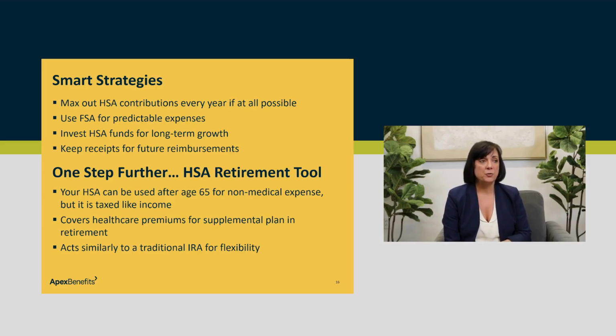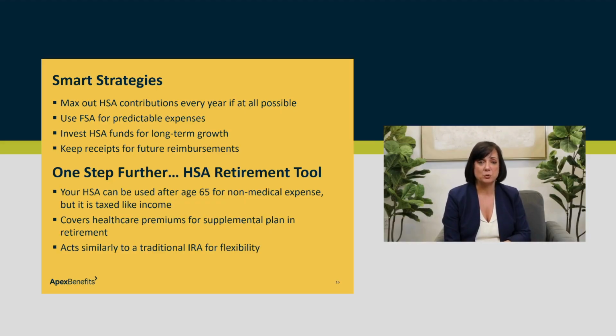is that although you cannot use those HSA dollars to help pay for medical premiums prior to the age of 65, once you've reached age 65, you can use those HSA dollars to help pay for your Medicare supplements, your Part D supplement, and what all those supplements are for your medical prescription plan or additional plans for surgeries and hospitalizations. So that is a great tool to help offset some of those costs once you reach that